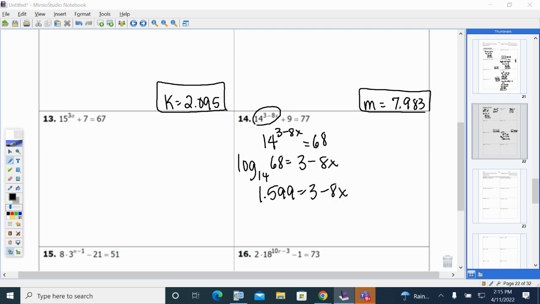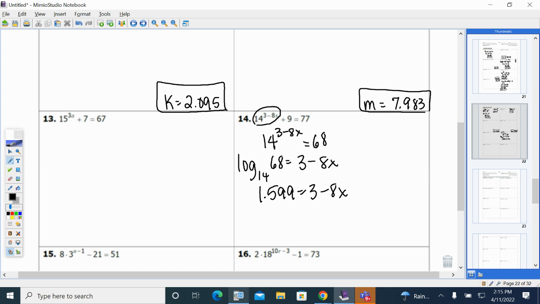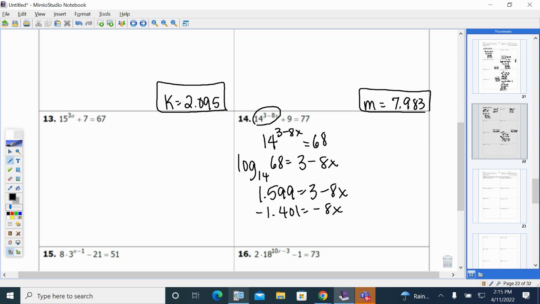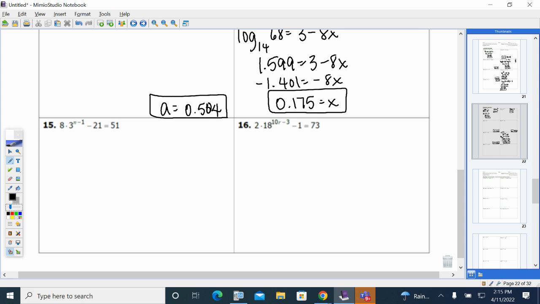Then subtract the 3, negative 1.401, and then divide by the negative 8, 0.175. And the answer to number 13 is 0.504. And it's very similar to number 14. And then for 15 and 16,